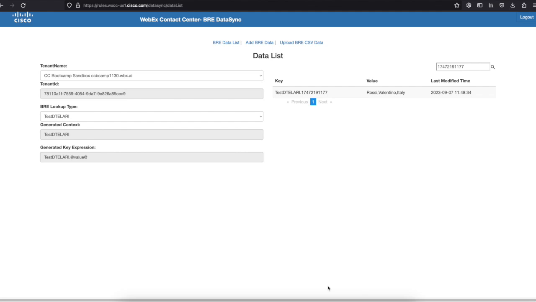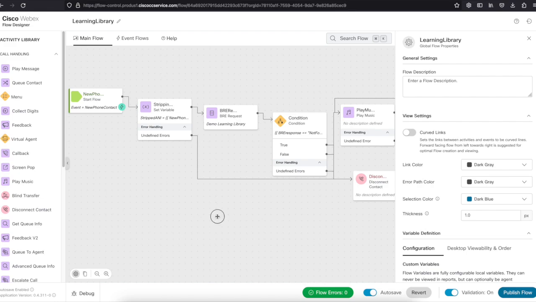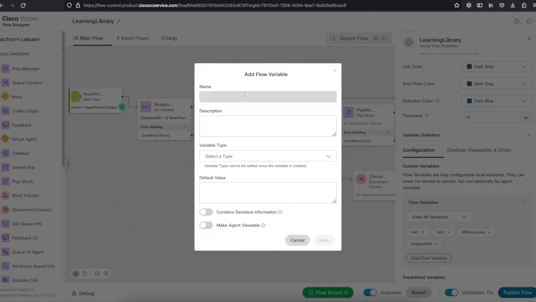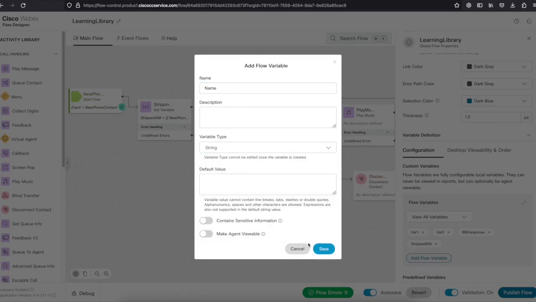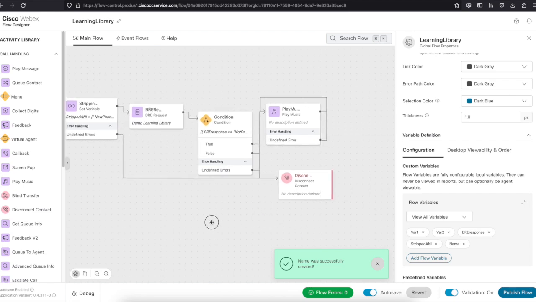In my DataSync, I have a value composed by surname, name, and country. And what I want to do in my flow is to greet my customer with a customized welcome message, prompting their name using the text-to-speech I already have configured. What I'll do is to define a flow variable called name, then add a set variable node